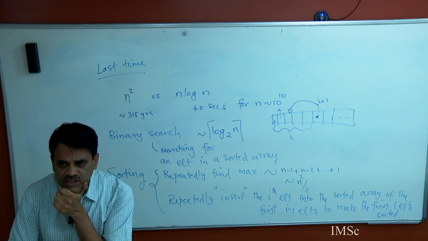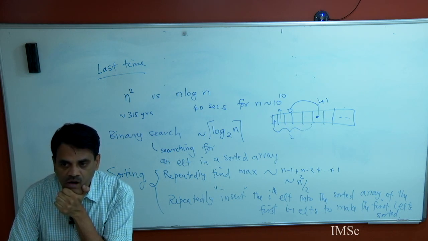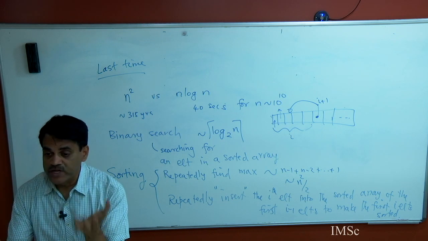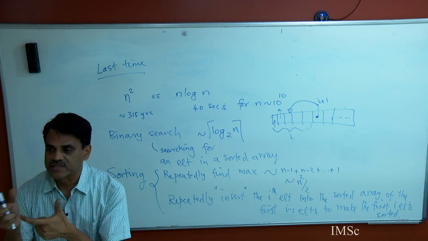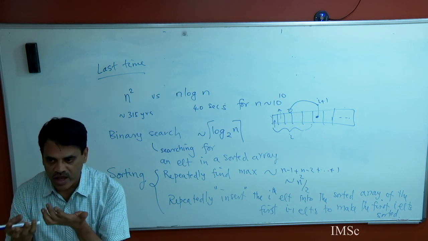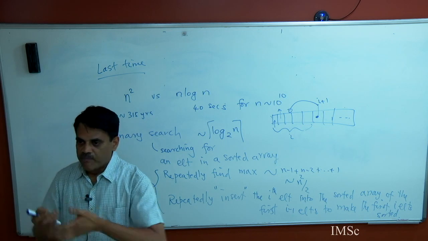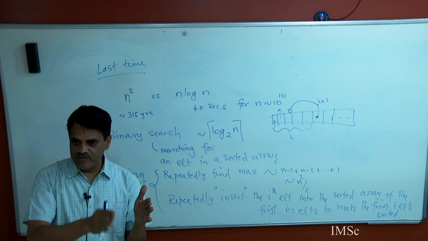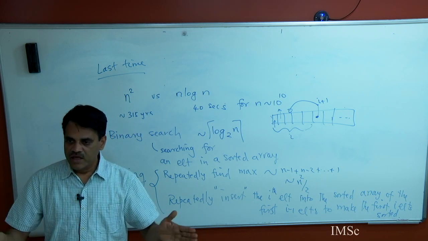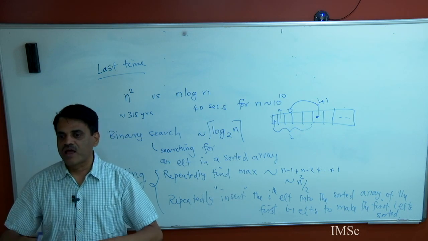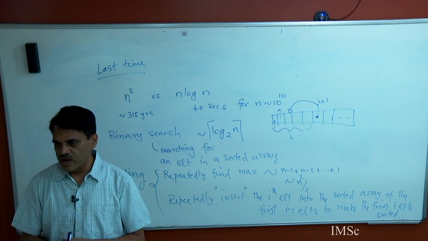No, you can do binary search, right? Yeah, the shifting, exactly. So there are two operations happening here. One is the number of comparisons. I take the ith element and compare it; that number of comparisons would be log i, because I am doing binary search. But when I insert the element in an appropriate location, I may have to shift everybody. So that in the worst case could be i many operations. So, it will be the summation of i going from 2 to n, which will be n